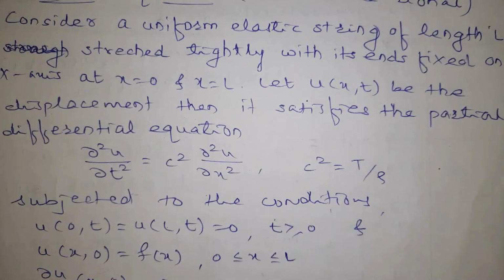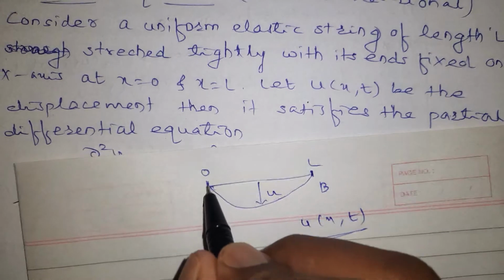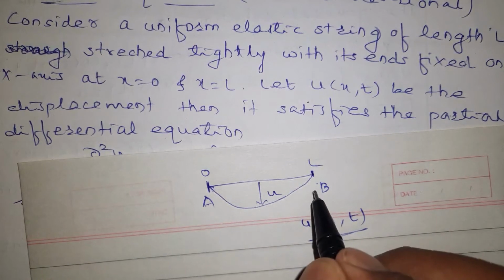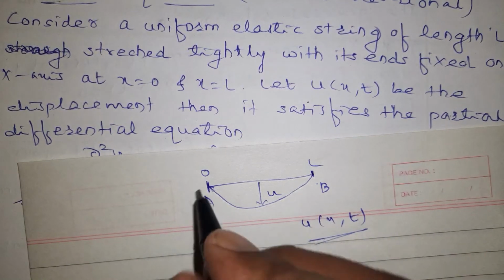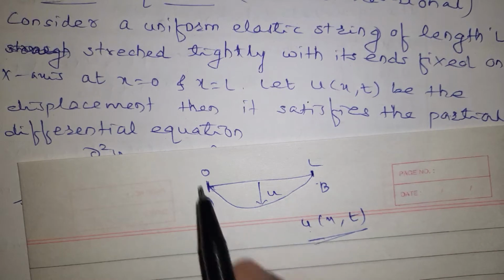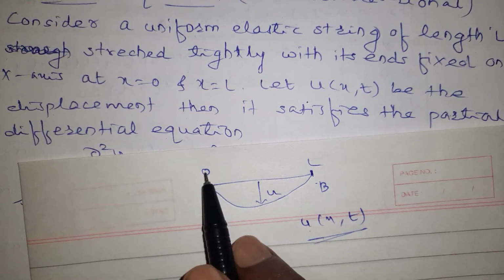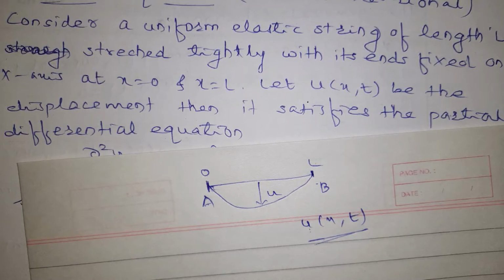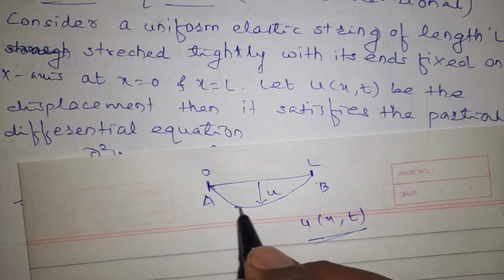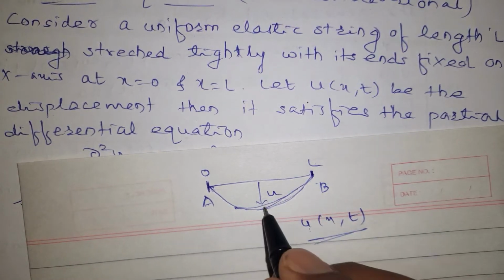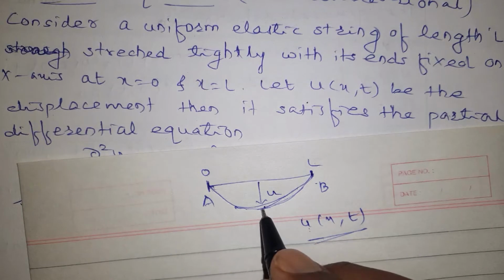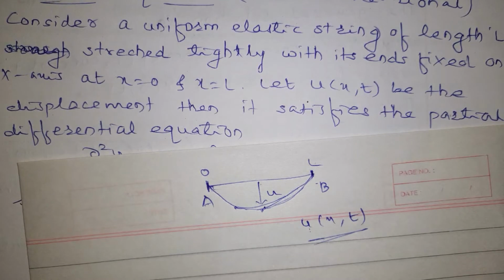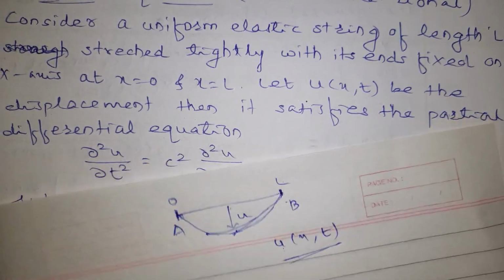Now you can see at point A and at point B there is no deflection, no displacement. So we can say that u is 0 at x equal to 0 and u is also 0 at x equal to L. Now here the deflection is there and equilibrium occurs. So initially some deflection is there, but there is no velocity when equilibrium occurs. So that condition also we have to think.